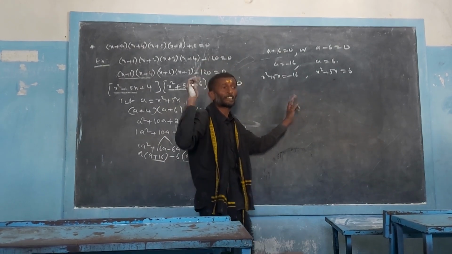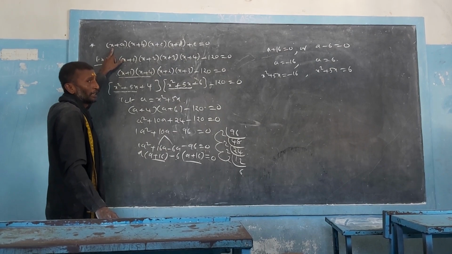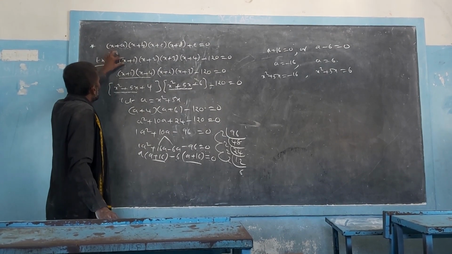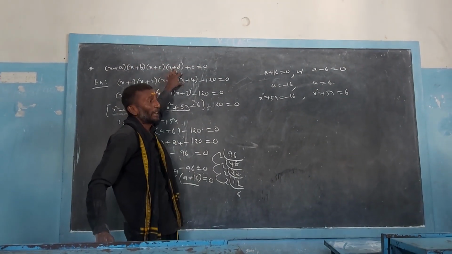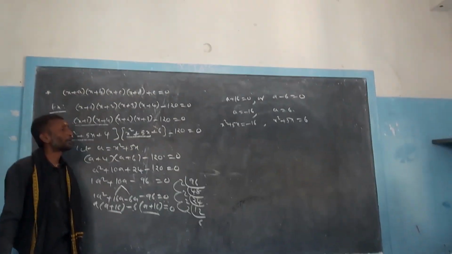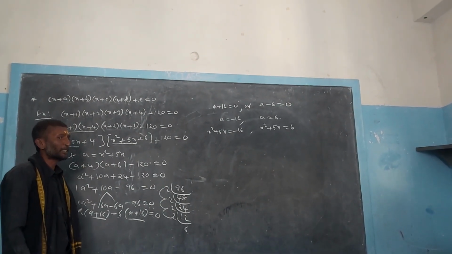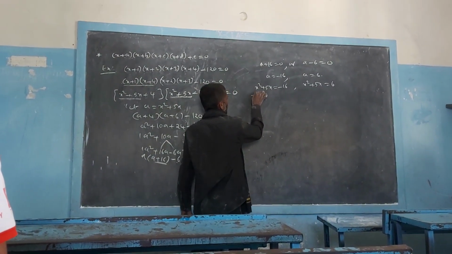Why? The 4 roots exist here because if we consider the degree of this given expression, then it is degree 4, so 4 roots. Why? Because x into x square into x cube into x power 4 will come. So a fourth degree expression must have 4 roots. A third degree expression must have 3. This is a quadratic equation, so it must have 2 roots here. How will those 2 roots come here?